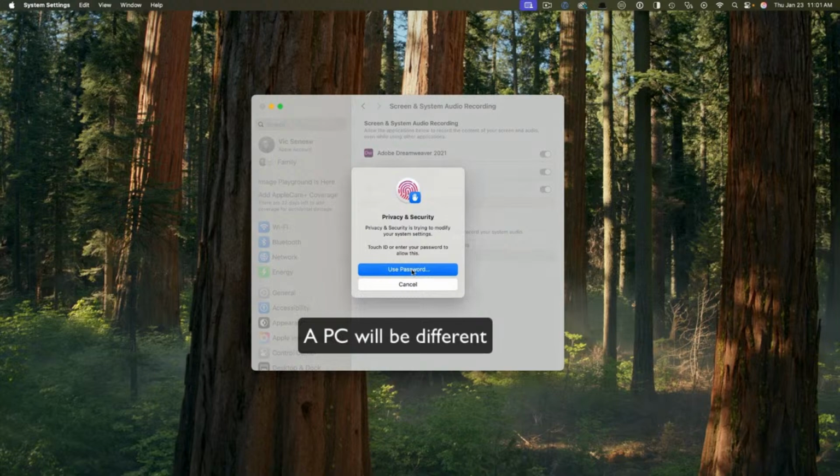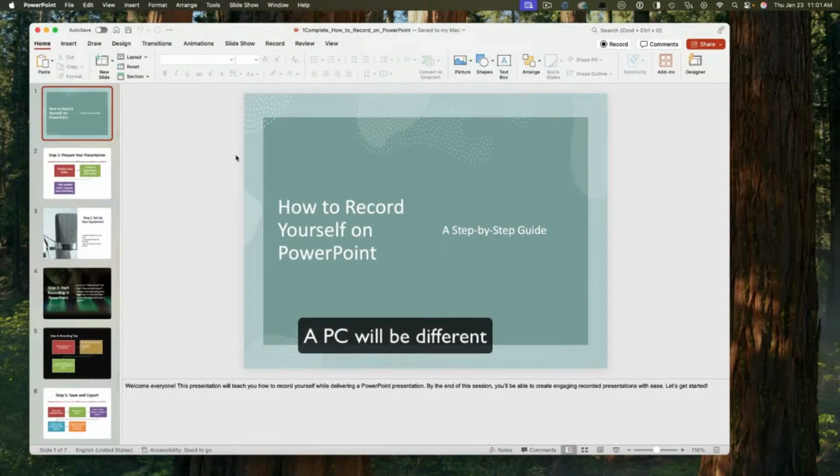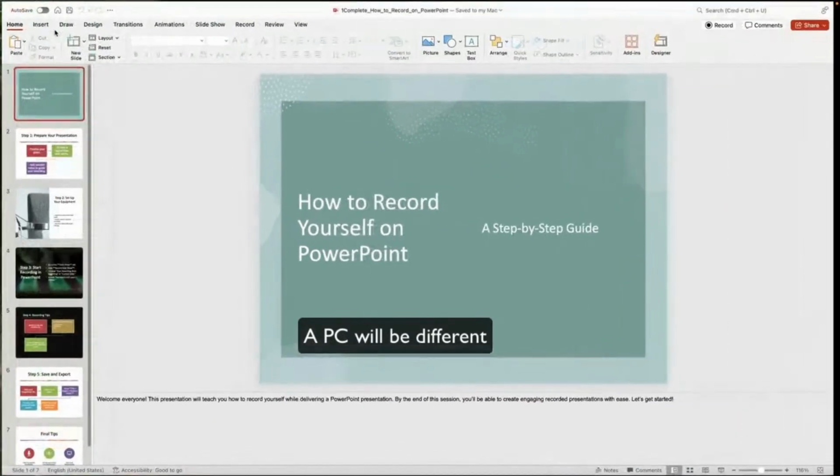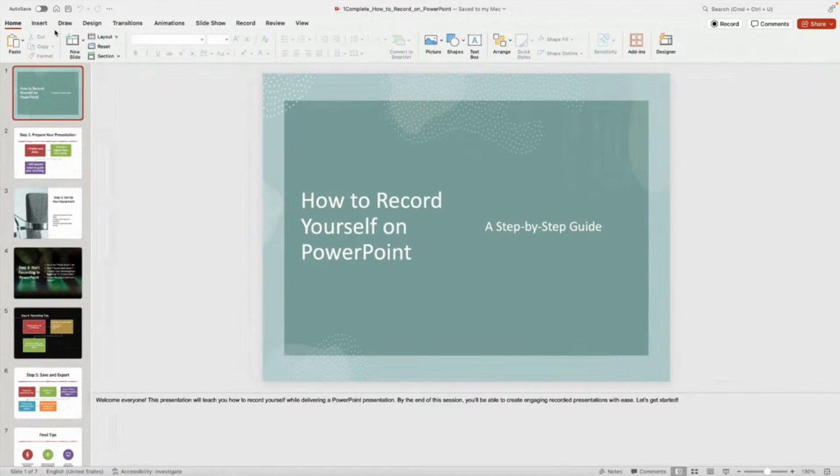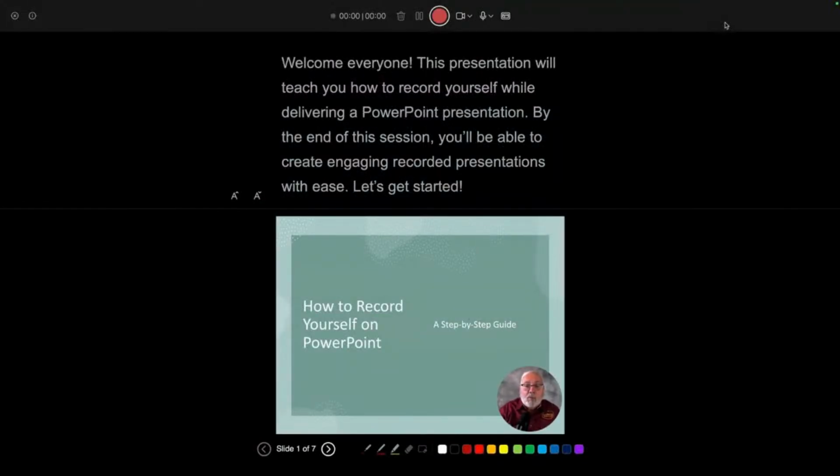Now I'm using a Mac. So I had to give it permission to record the screen, because that's what it's going to be doing, is screen recording here. So over here in this corner, it said Cameo, which I pushed. You have to go into Cameo to make sure that it will record. So now I'm going to click on my record mode, and here's what it looks like. This is kind of tricky to do because I'm actually recording myself. Kind of confusing. So I'm using two different softwares.